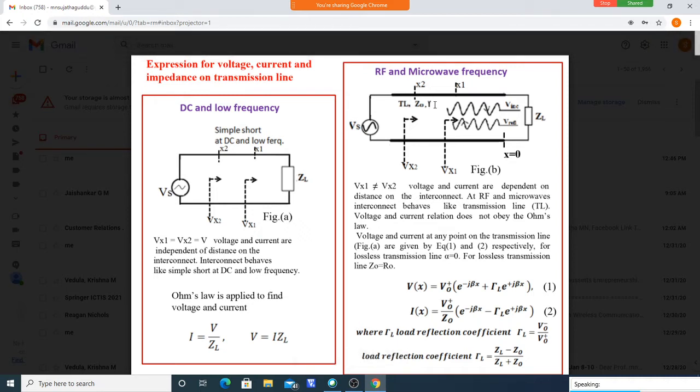This is because of the propagation constant gamma, which is equal to alpha plus j beta. So an attenuation term is there, and a phase variation term, beta, is there. Both alpha and beta depend on distance, that is, at what point we are measuring over the transmission line. Even if it is in the order of millimeters or centimeters, even a small movement over a transmission line leads to variation in the phase and the amplitude of the signal. So they are functions of distance.